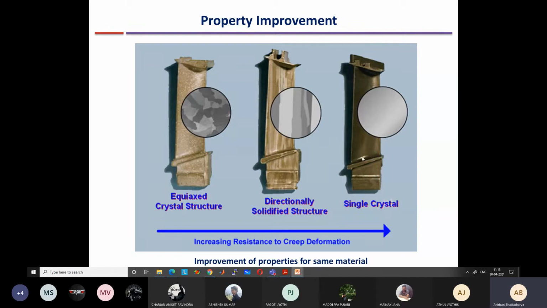Gas turbines go up to 1200 degrees centigrade, 1300 degrees centigrade nowadays. Steam turbines go up to 600, 700 degrees centigrade. So for steam turbines, directional solidification is still used, because remember that steam turbines are much larger in size. Each blade may be half a meter long. For a gas turbine, each blade may be 4-5 centimeters long or slightly longer.